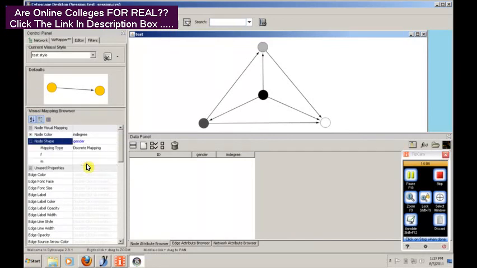What this will do is give us an option: what should the shape be for female? For female, let's pick a diamond, and for male, we'll pick hexagon just for fun. As you can see, if the mapping has worked properly, the diamonds will all be female and the hexagons will all be male. And they are. So you can use these visualization capabilities to help refine even your analysis of these things. These are just a few of the features that you